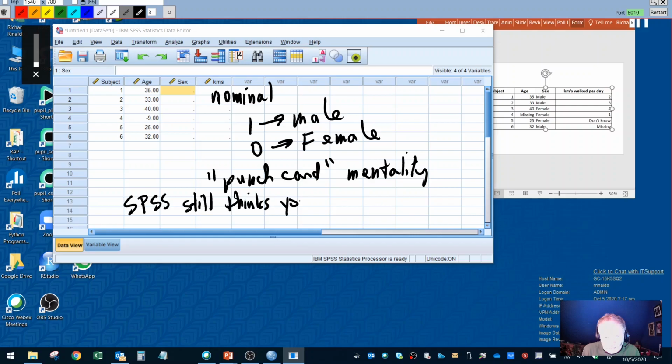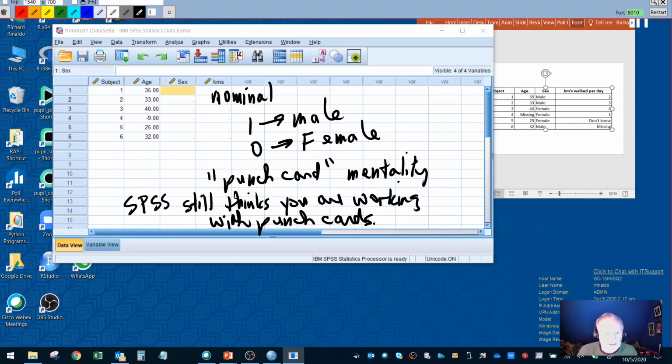SPSS still thinks you're dealing with punch cards. It's not very smart. So if I'm going to enter in a 1 for male and a 0 for female,